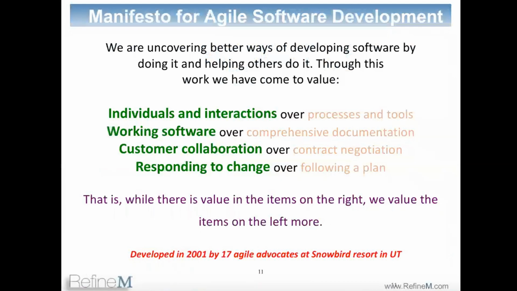So most of you would have seen this agile manifesto, that I call the value system for agile, where the things on the left are more valuable than the things on the right. So this is the core philosophy of agile. So any agile project, any agile development, any agile work will encompass most of these in some way or the other. And if you are not doing that, you are more on the right side,